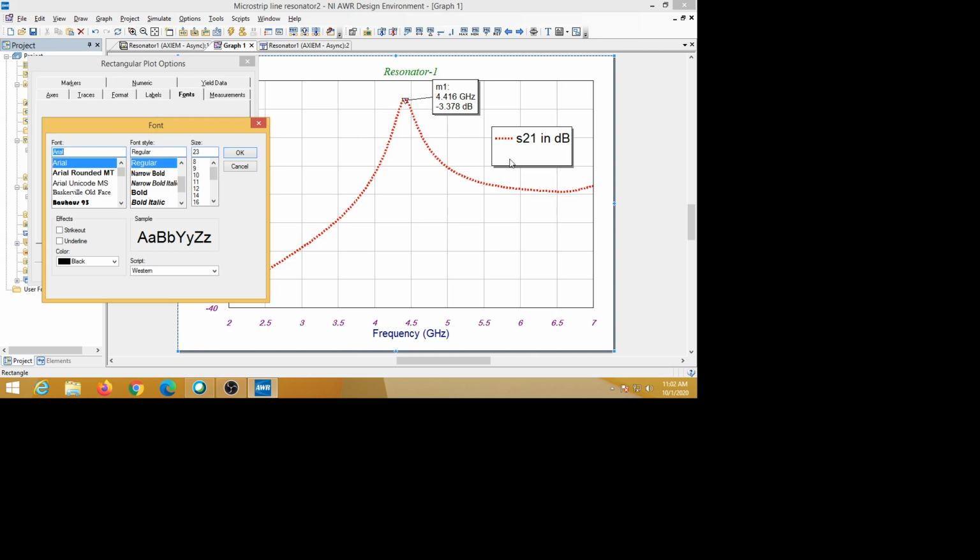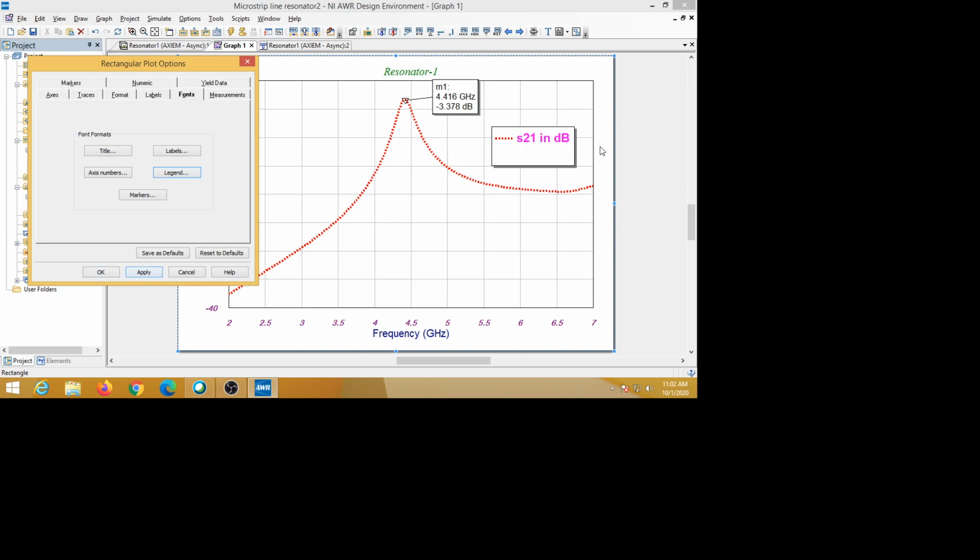So in the legend, to change it, for example, I'm using bold here, and for the color, maybe this pink color I'm using. Okay, so this is okay, and apply. So now it came like so. Like this we can change the color of this legend box also, the content of this legend.